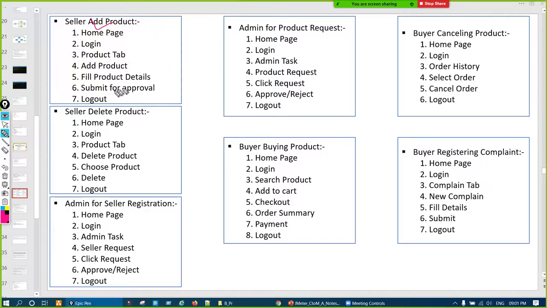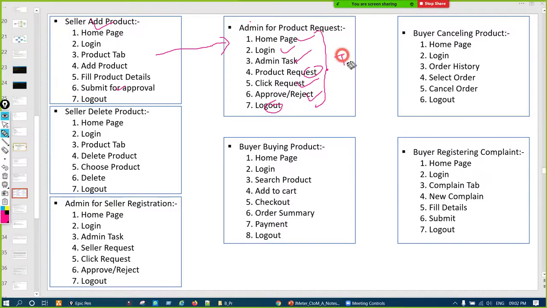Now once the seller has submitted the product for approval, it will go to the admin, right? Admin of Flipkart or admin of Amazon. He will launch the home page, log in, go to the admin panel. He will see the product request, he will click the request. After verifying, he will approve it or reject it, right? And then he will log out. So this scenario is for product request approval or denial by the admin, right?